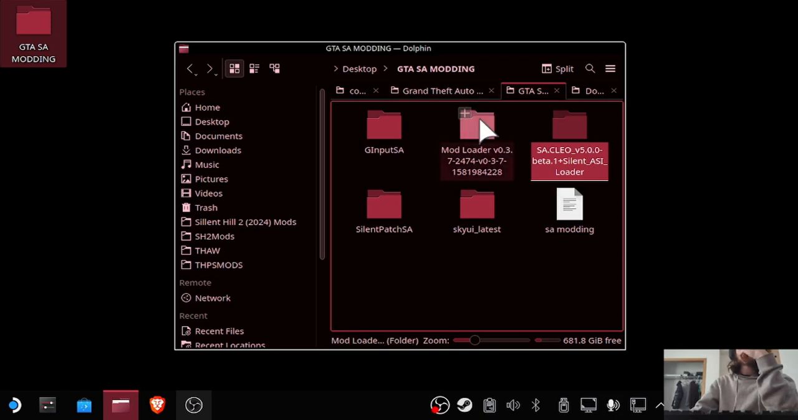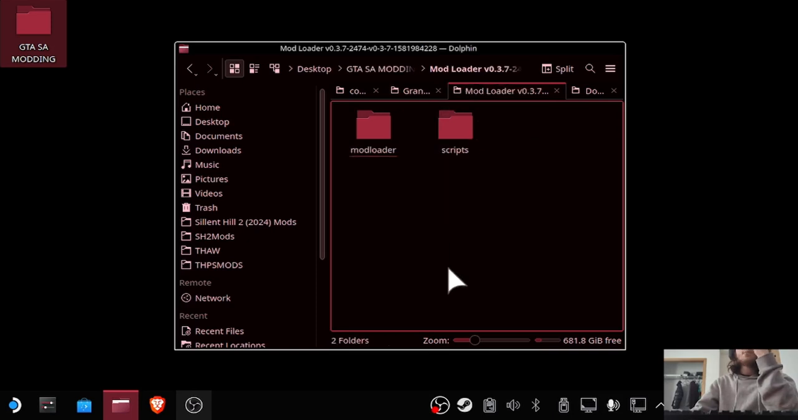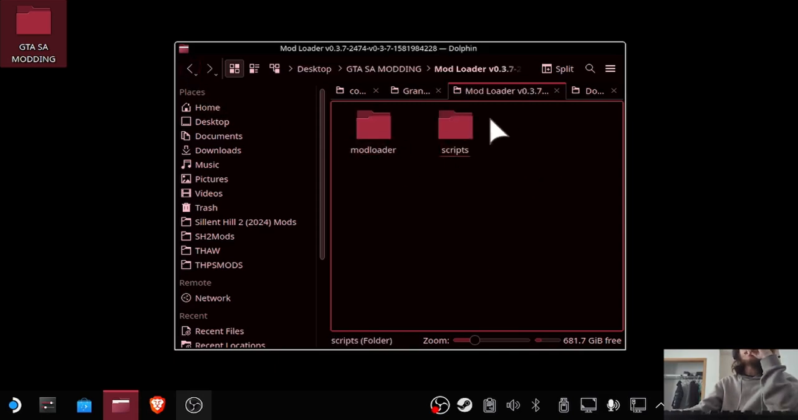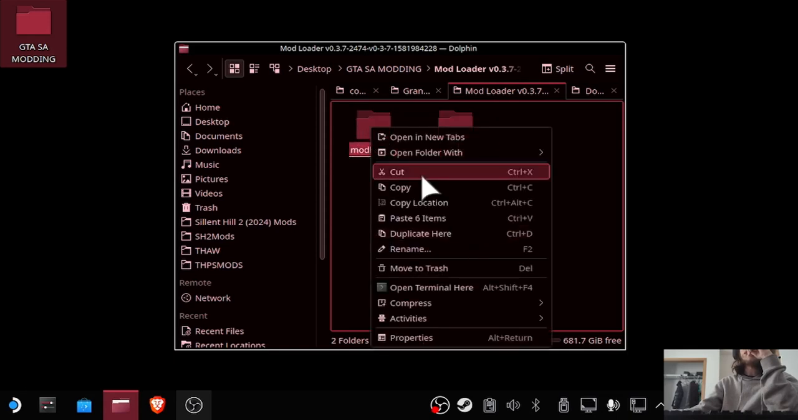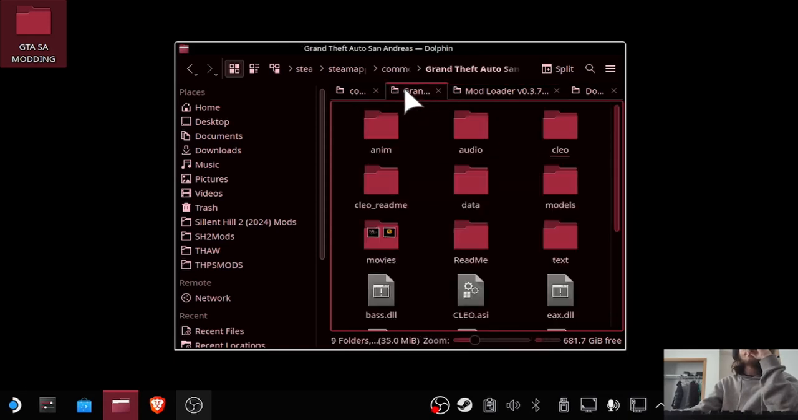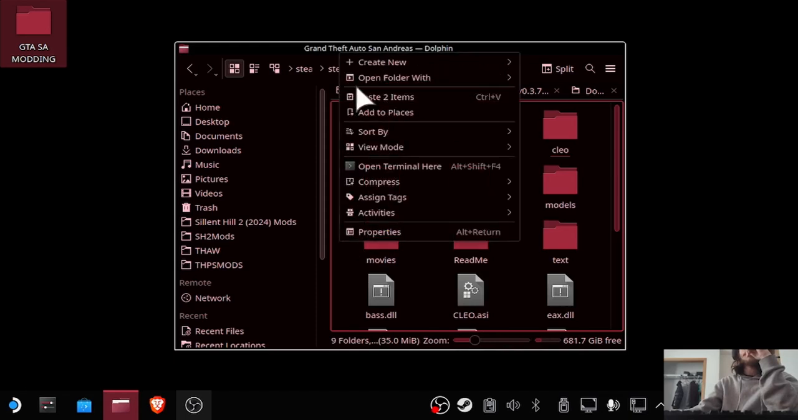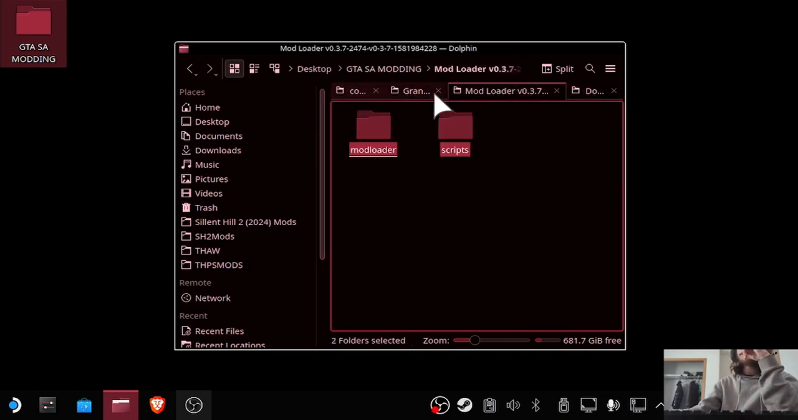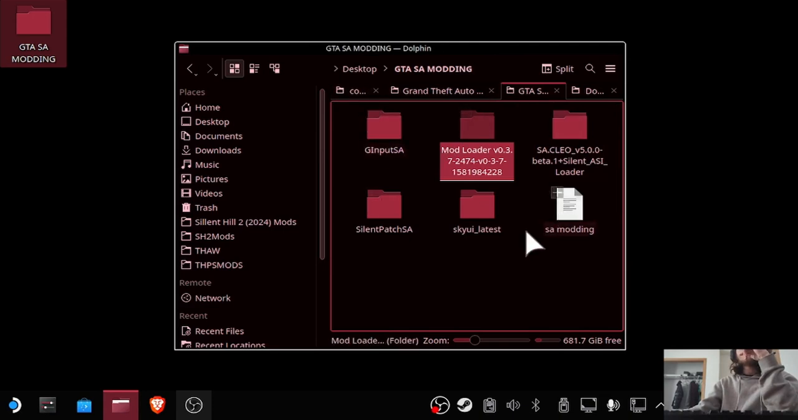Now the next thing we're going to do is we are going to set up modloader. Mine looks slightly different from yours because I created a folder named scripts where I placed the ASI just to make sure that it's all tidy. Copy that and then paste in root directory. There. Now that we have modloader set up, we can go set up